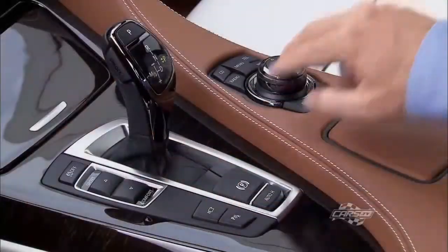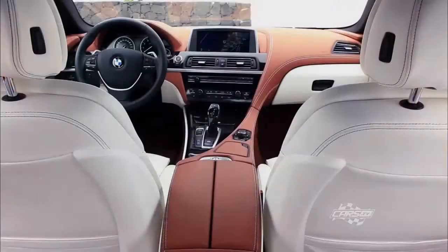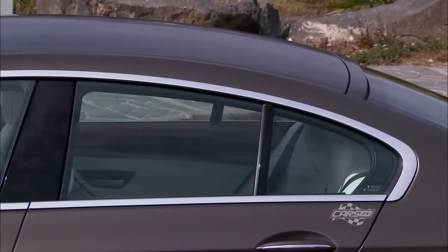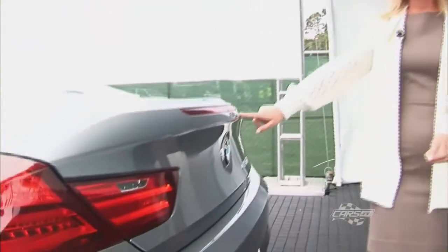Moving in, take a look at the interior of the vehicle. It features the 10.2-inch flat screen display, as well as a very driver-oriented interior. You see the pushback greenhouse, as well as the Hofmeister kink, which is a signature BMW design. You have full LED continuing into the rear of the vehicle, as well as a fully integrated spoiler along the